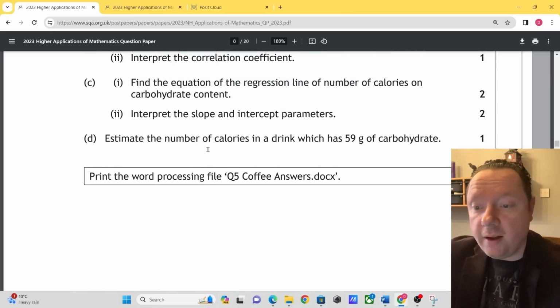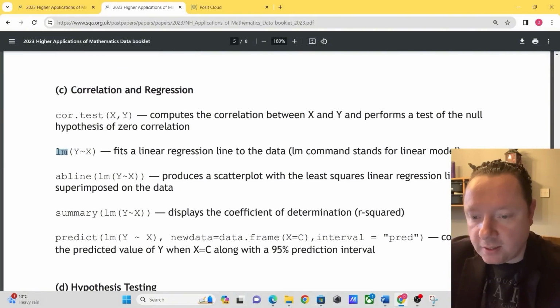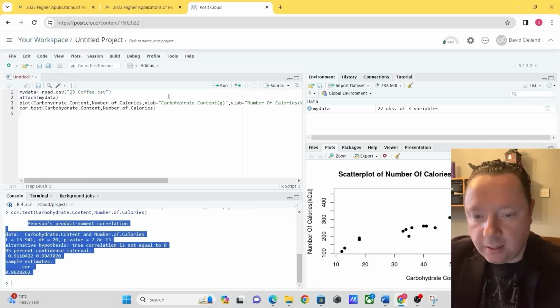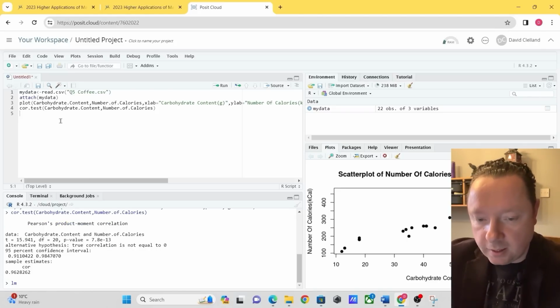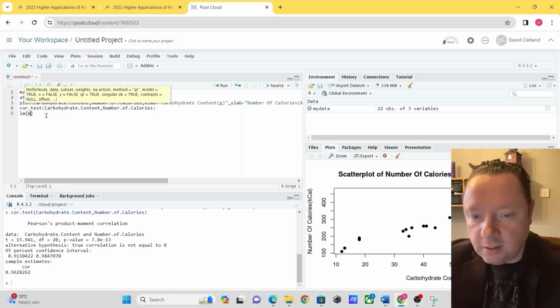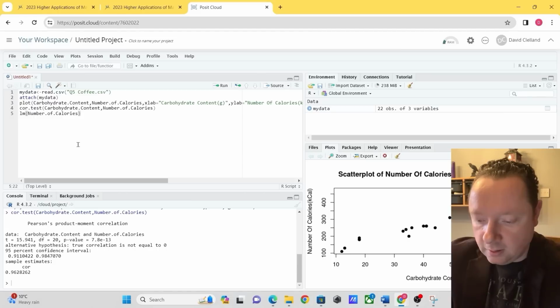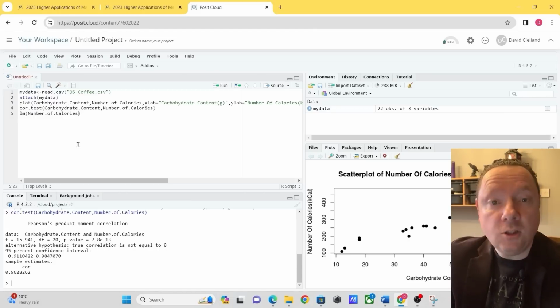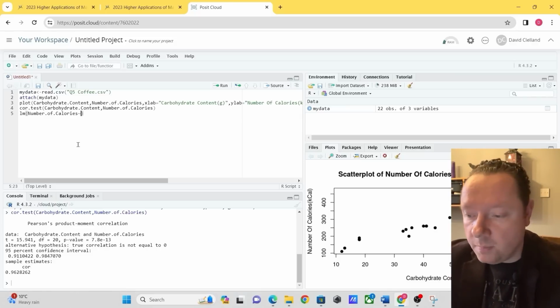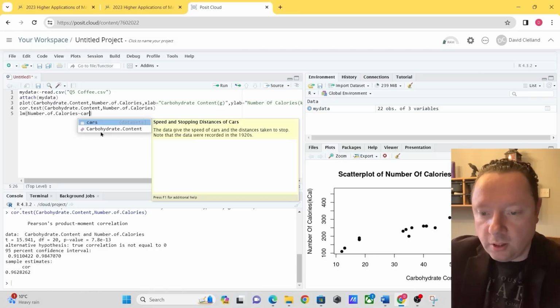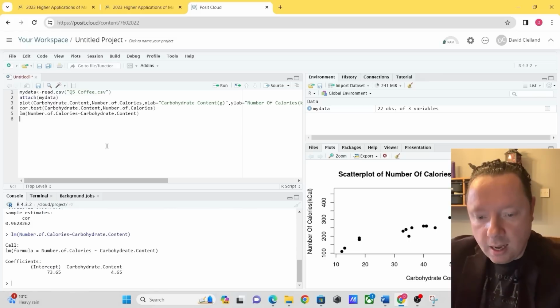Part C of this question, find the equation of the regression line of number of calories on carbohydrate content, interpret the slope and intercept parameters. So back to data booklet for a regression line. We have got the second command here, which fits a linear regression line to the data. lm y tilde x. So back to here, lm, writing it in the wrong place, make sure you're up there. lm bracket y is our number of calories, tilde is shift hash on my keyboard, you'll just need to maybe look for it, but carbohydrate content, carbohydrate.content, make sure the brackets close, Control Enter, and we get